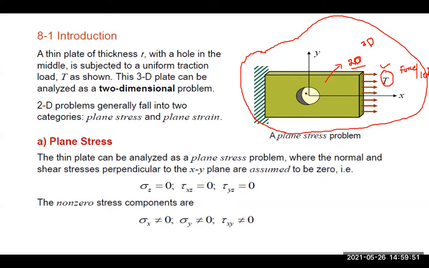So these simple thin plates can be solved by using the two-dimensional member. If you take a very thin plate and use triangle elements in the discretization, it is possible to do the complete two-dimensional analysis. So if you use the CST element for the discretization of this entire element, it comes under the two-dimensional constant strain triangle finite element analysis problem. Coming to the two-dimensional problems, these generally fall into two categories.